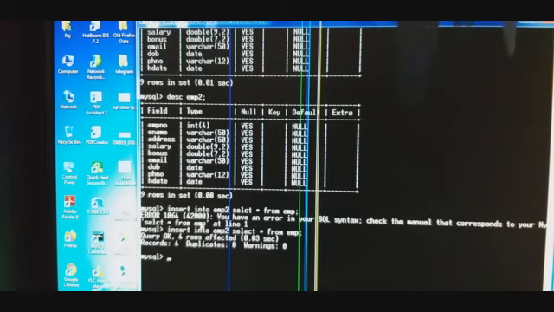So in order to copy data we can use the syntax insert into new table name, select star from old table name. So insert into emp2, select star from emp. With the help of this syntax we can copy data of the old table to any new table.